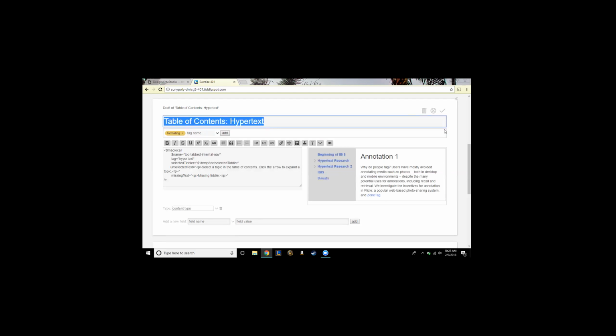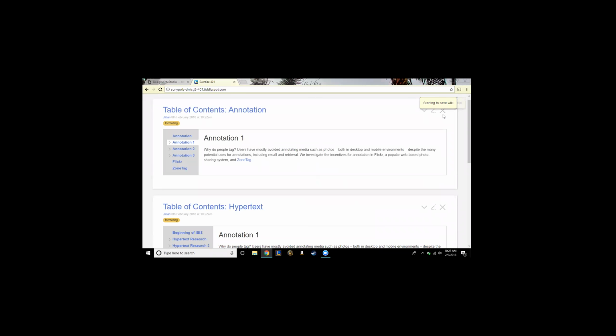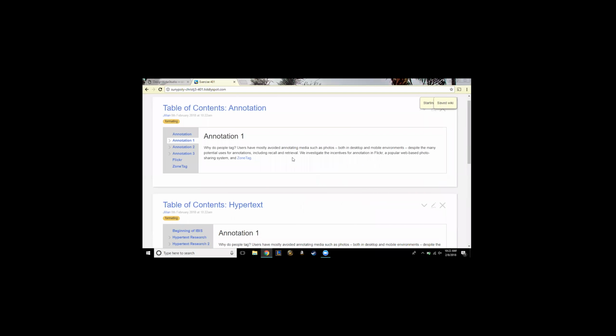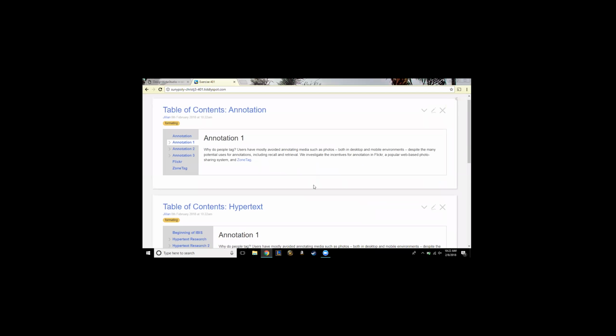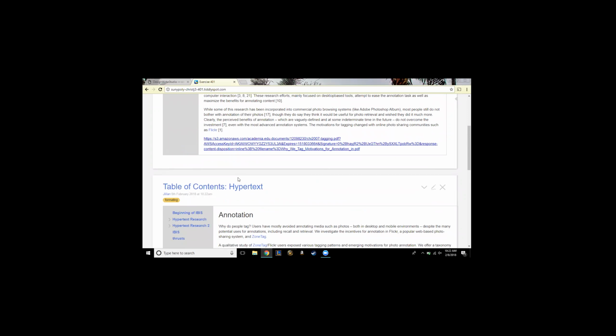Close those tiddlers again and show me what's happening. Which is weird, because you click on annotation in the top tiddler, and it opens in the bottom one, even though it's not tagged hypertext. I don't know how. If you wanted to do that, you couldn't figure it out.